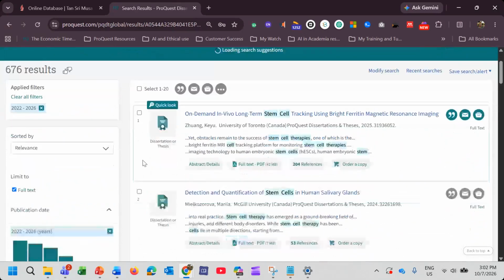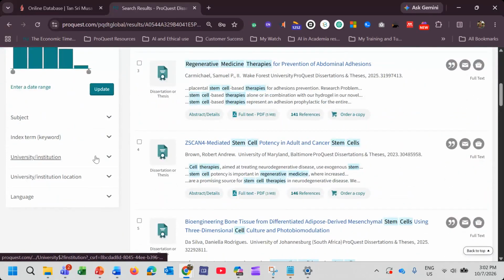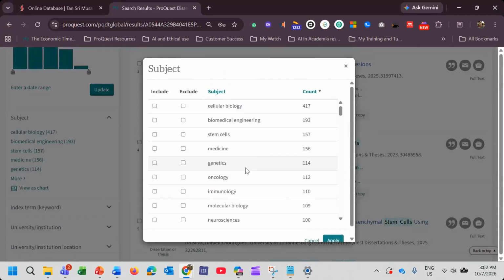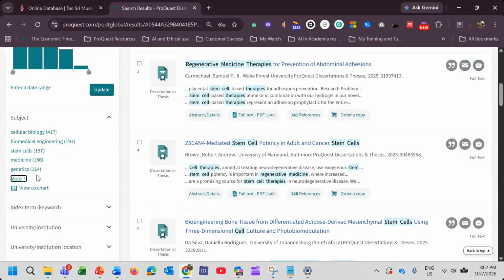It's already filtered, and you can go by subject here, whether you want to look at stem cells or genetics, and you can see there are more subjects that you can explore.